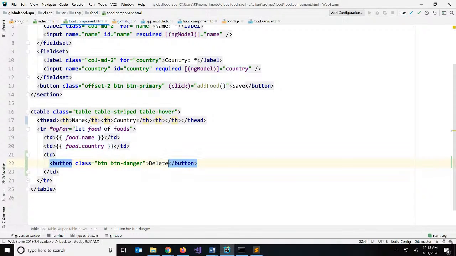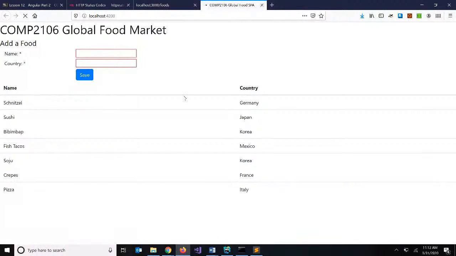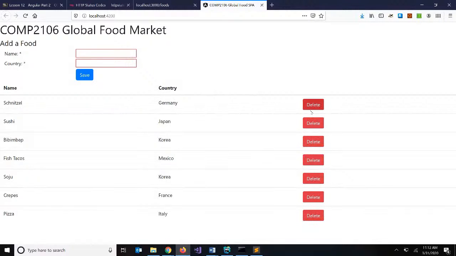Say delete, so it'll look like this. So we'll get delete buttons,